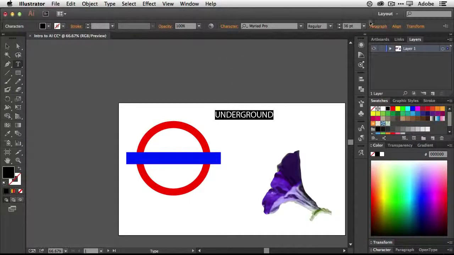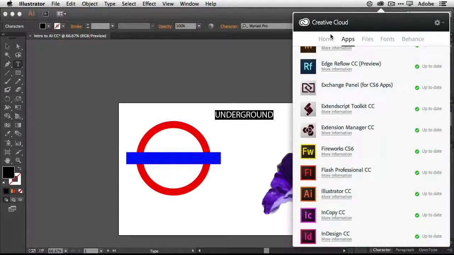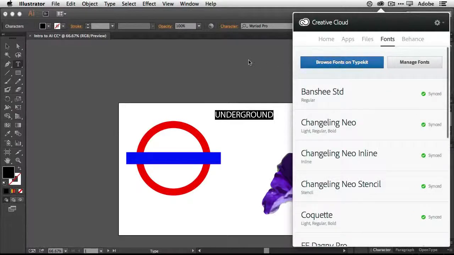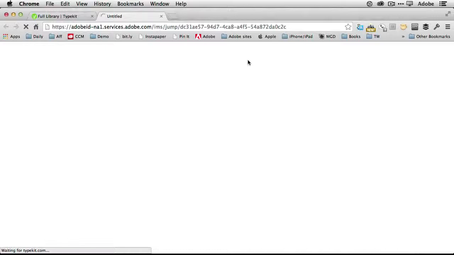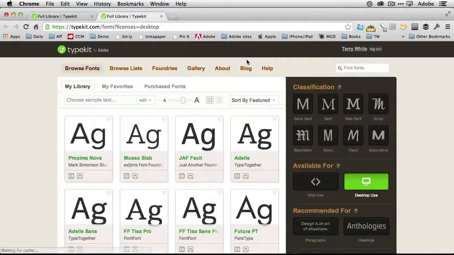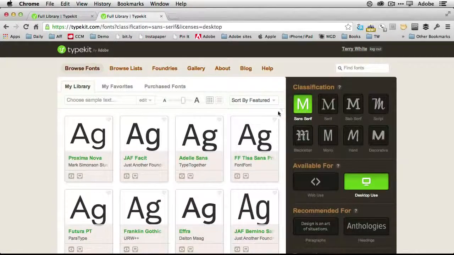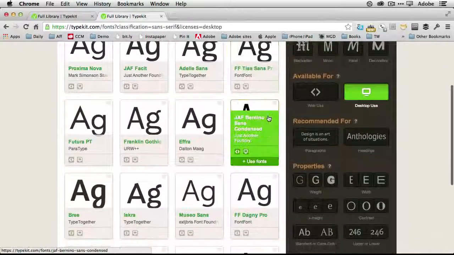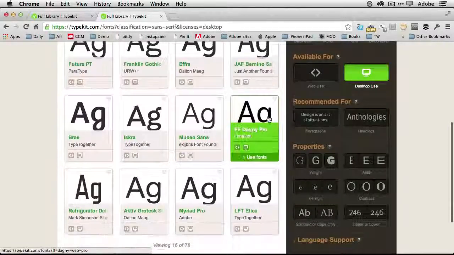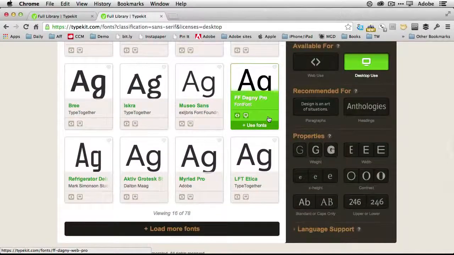But luckily, it's easier now to go get one, and that is because I'm a Creative Cloud member. I can go to Creative Cloud in the Creative Cloud app, and I can say, go to my fonts and browse fonts on Typekit. That will take me to the Typekit library on the web, and I can then go in and search for the kind of font I want. I want a sans serif font, so that will narrow it down to just my sans serifs, and I can go and pick a nice underground looking font. So for example, maybe I want,